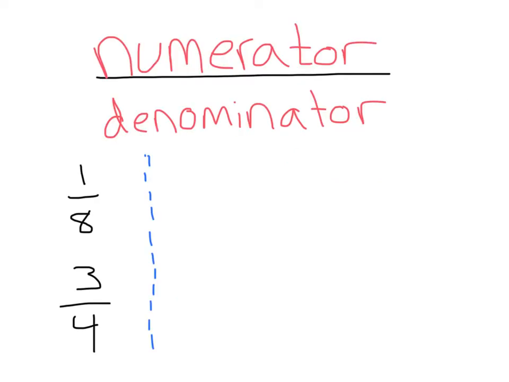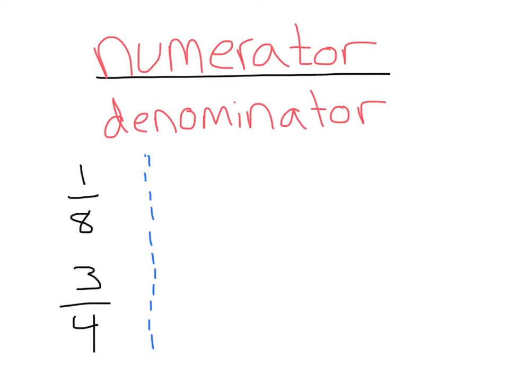So remember, when dealing with fractions, the number on top of the fraction we consider the numerator. The number on the bottom of the fraction we consider the denominator. So here we're focusing on the bottom of the fraction as the denominator. Let's say we have two fractions over here. We have 1/8 and we have 3/4,